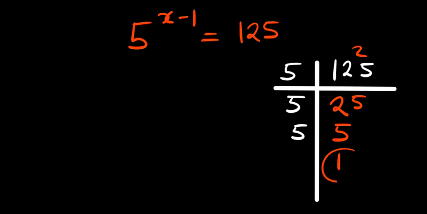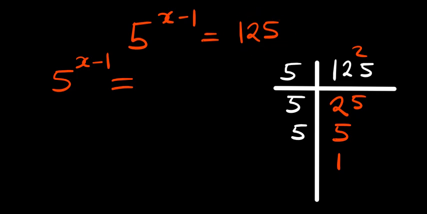Now because 1 is the smallest number, we are not going to divide anymore, because if I put another 5 here, 5 into 1, it can't go there. Okay, so basically we are going to end here. Then we are going to count the number of 5s that we have. How many do we have? 1, 2, 3. Since we have 3, so therefore I'm going to have 5^(x-1) equals, this